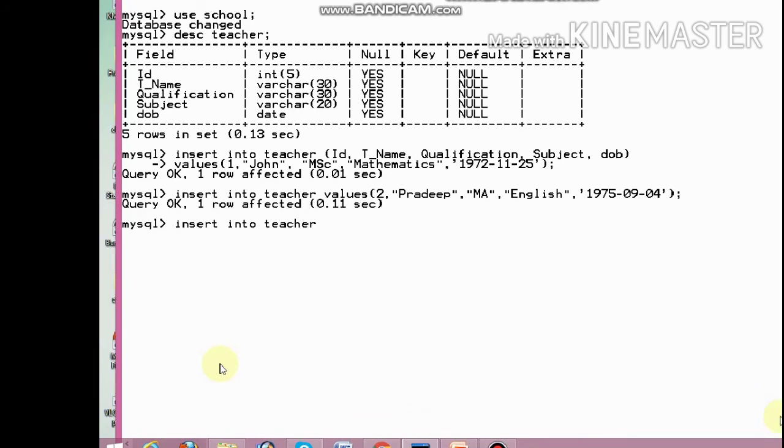Now I give the example with multiple, more than one record at a time. Values, just check it. Type is the same: integer type, varchar type, then date of birth. This is one record.